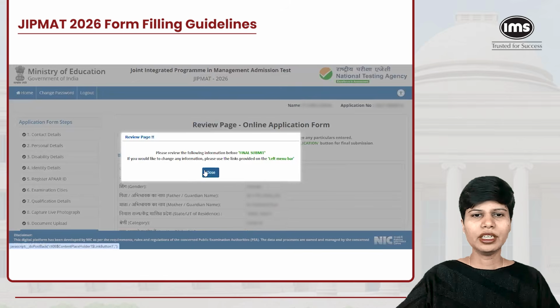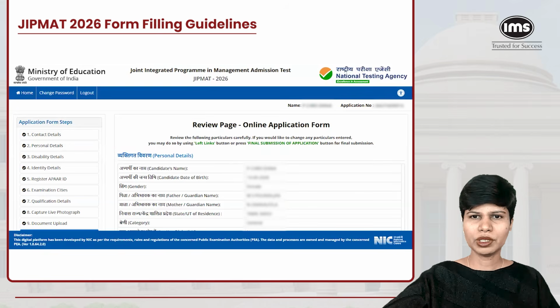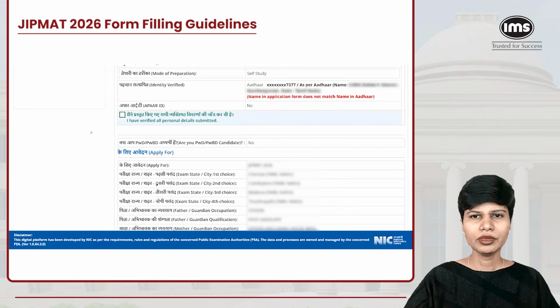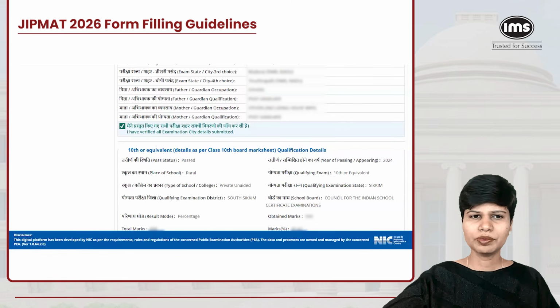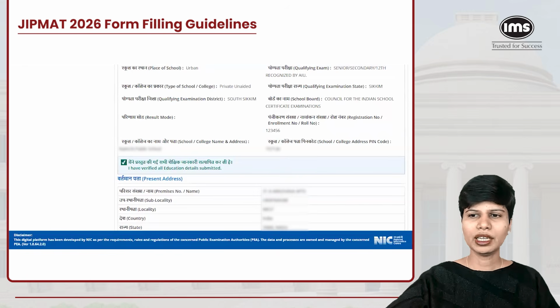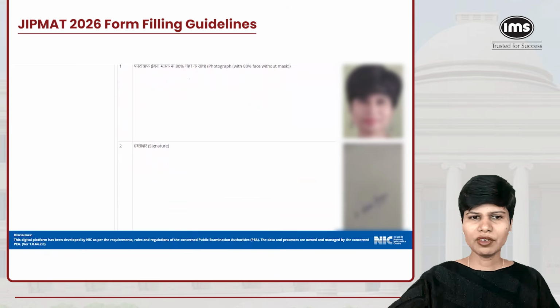Once this is done, you will be taken for the review for the final submit. Remember, you are supposed to review this completely once. Any details that do not match will be shown here. You can go back, verify that, and come back. Each and every section, you need to verify separately and click on this checkbox. Okay, so once everything is done,